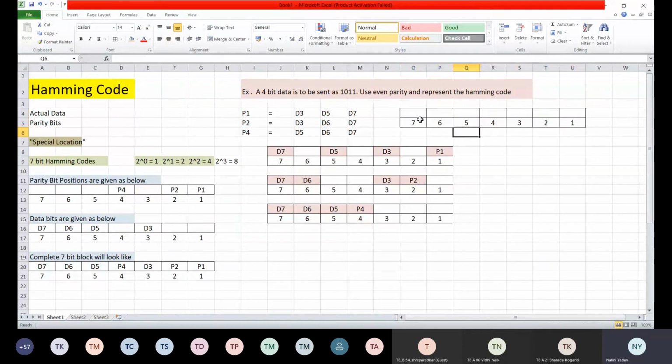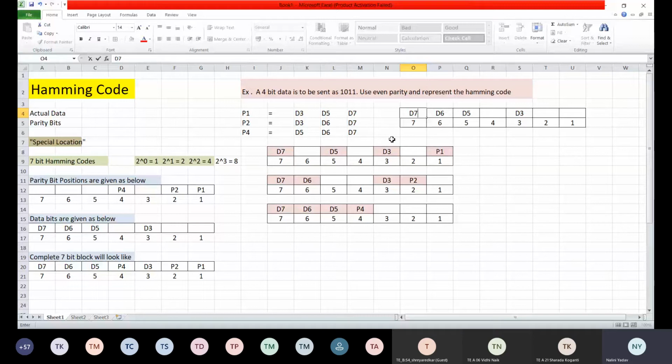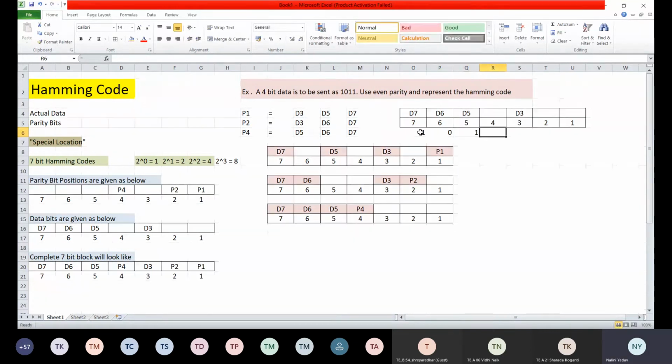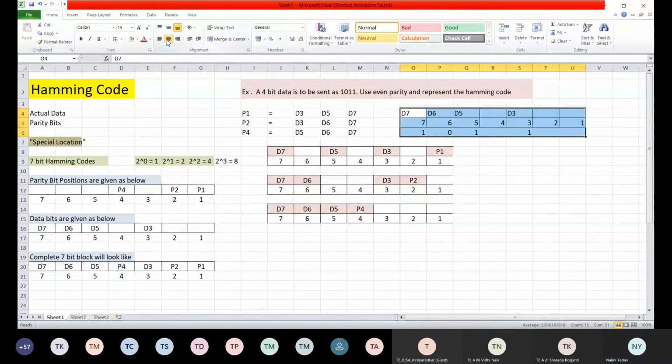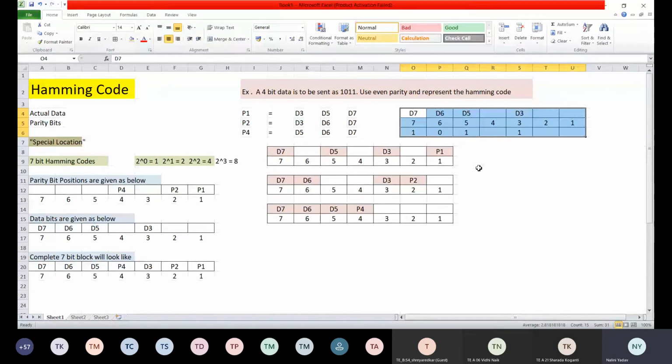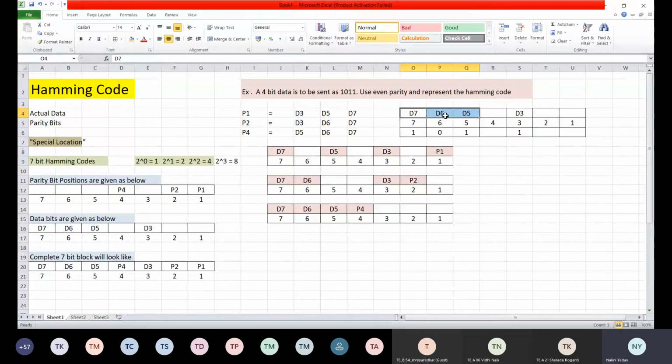So now how will you write the data? These are all parity bits, correct? The data bits were here at D3, then we have D5, D6 and D7, correct? Now write down the data at these positions. The data will be written as 1 0 1 1. Understood all of you how to represent the data? I hope this is clear. So these are my parity bits and these are my data bits, correct?